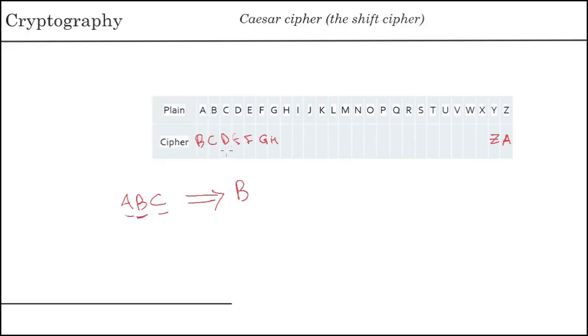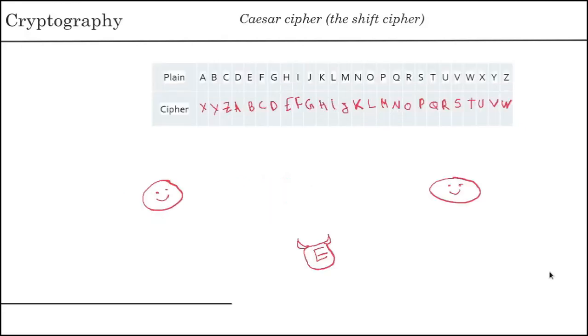So B is represented by C, and then C is represented by D. So A, B, C would be B, C, D. So if we have, for example, Alice and Bob and the evil entity, and let's say that, okay, so this